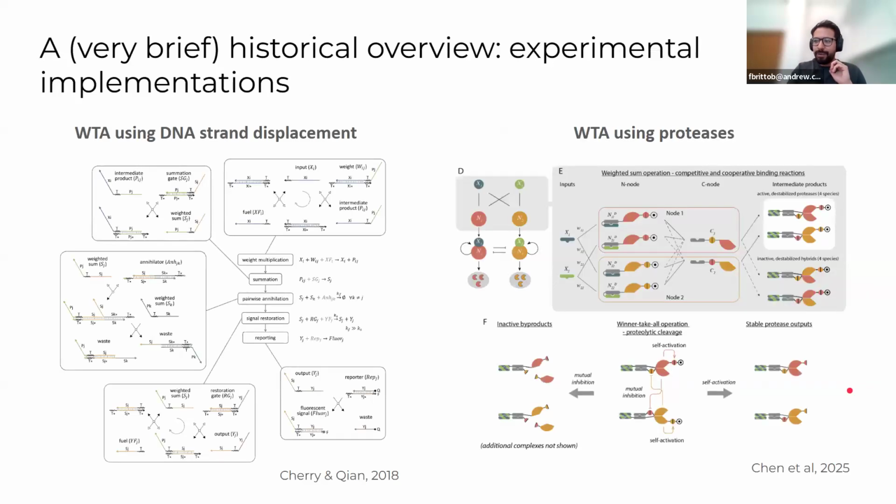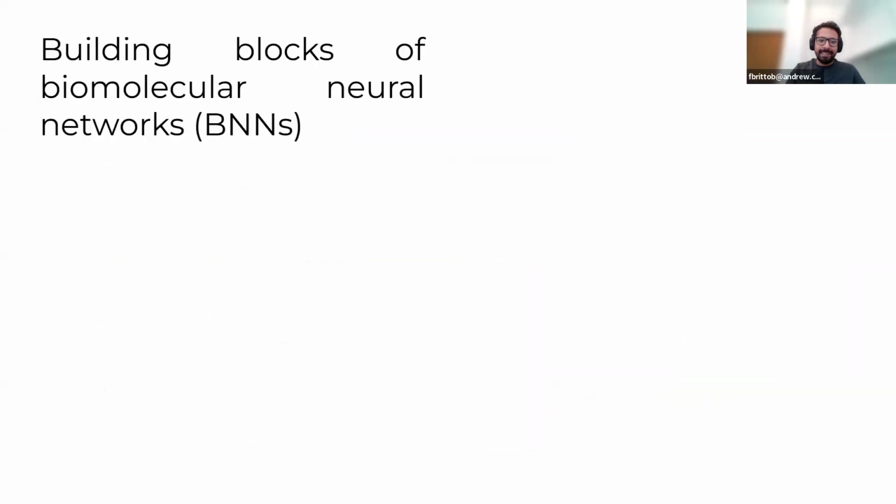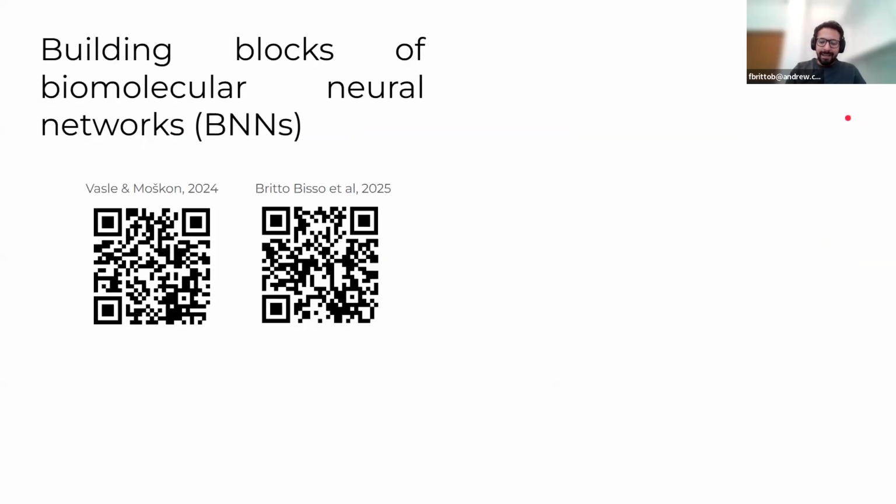So just in the interest of time, I will be skipping some of the state of the art, but I'm happy to come back to these sort of implementations after the talk. Actually, this second implementation using proteases has been presented in this seminar, I think some time ago, which is also very beautiful work. All right,